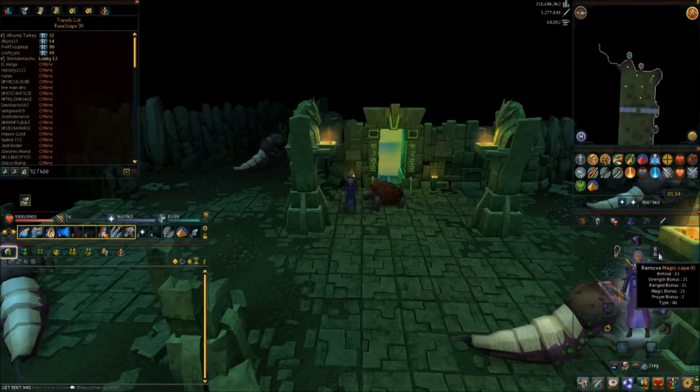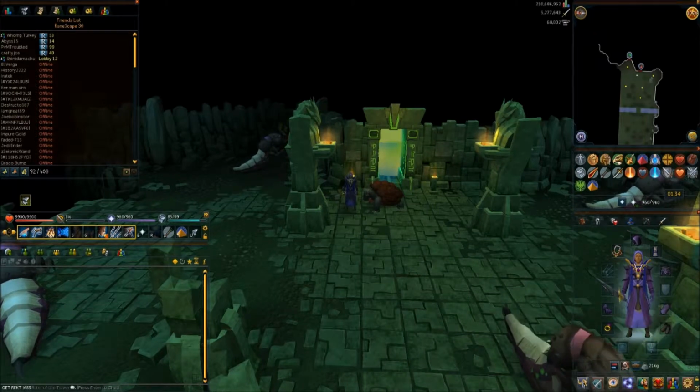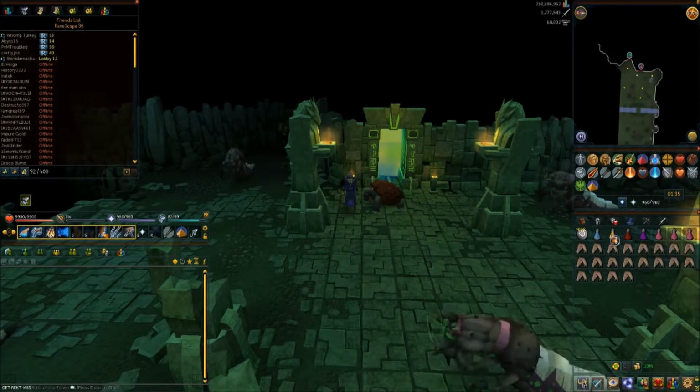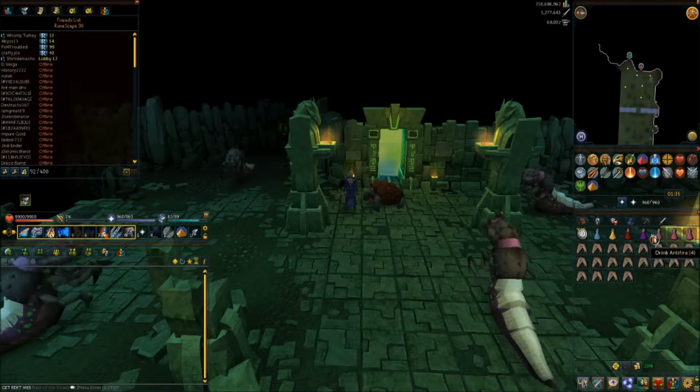Hey, what's up guys? So today for you I've got a really easy Queen Black Dragon guide. So the gear you need, not too much, just Batwing, Staff of Light. I'm just using Air Surge here, although that caps out at tier 75 weapon damage because you're using a Staff